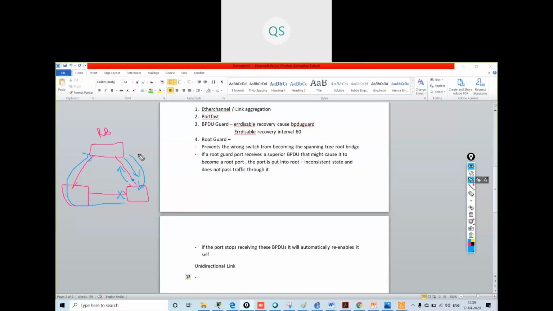Maybe because of half duplex connections, or the cable is not intact enough to maintain the keepalive messages. So it can happen multiple times in the production network. This is known as unidirectional link, and you are forming a loop.